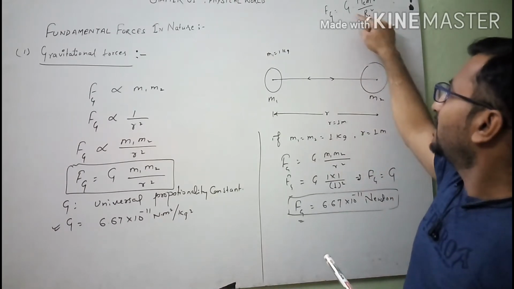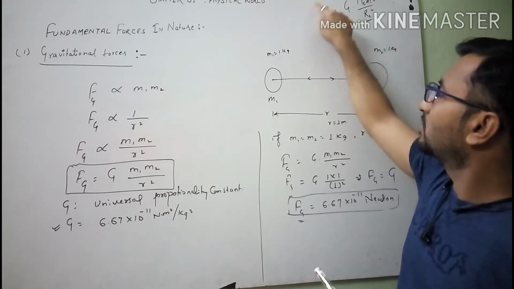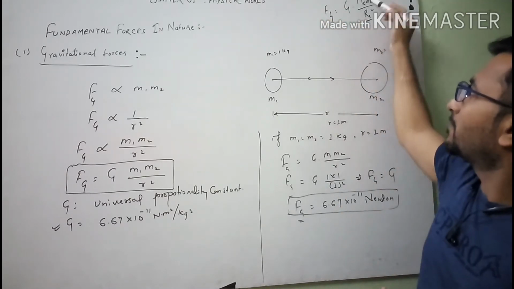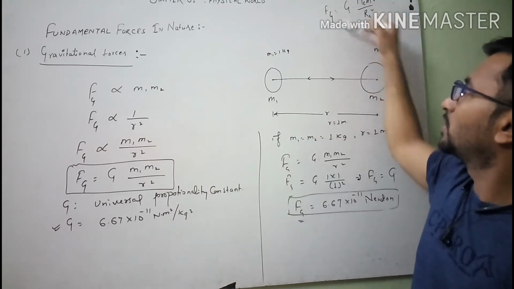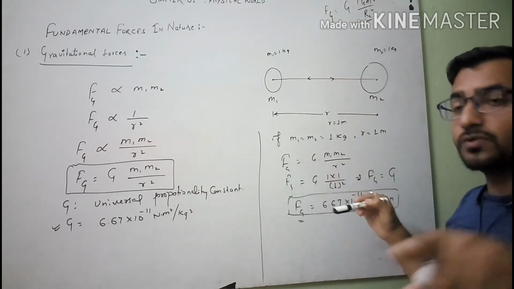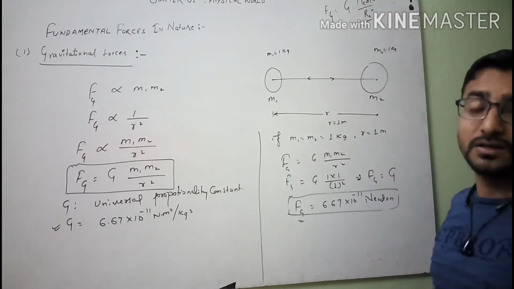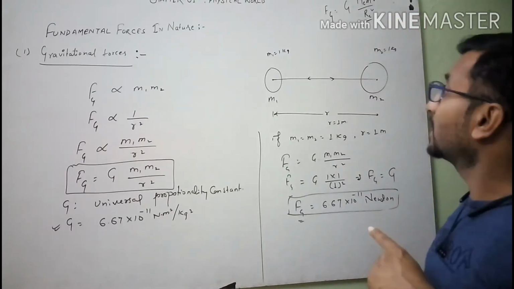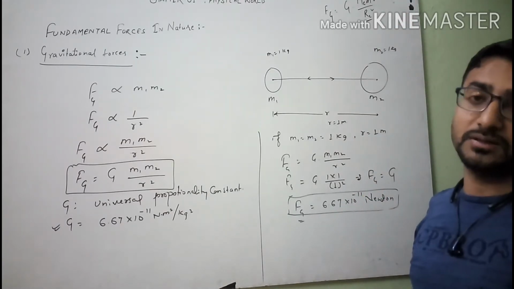The force of attraction, which is called gravitational force, applied by this Earth on that object is Fg, and the same force is applied by this object to the Earth. But in this case the smaller object is attracted toward the Earth, but Earth will